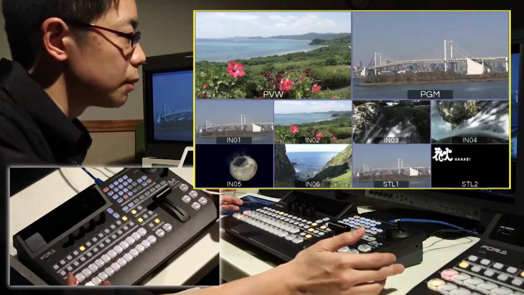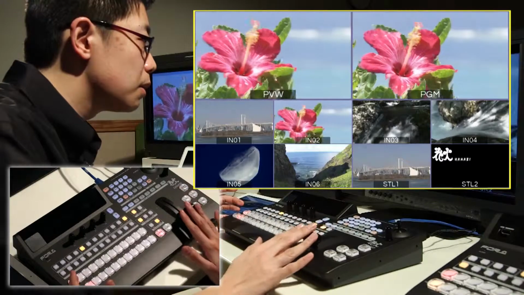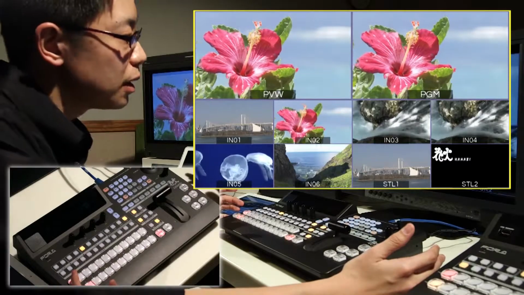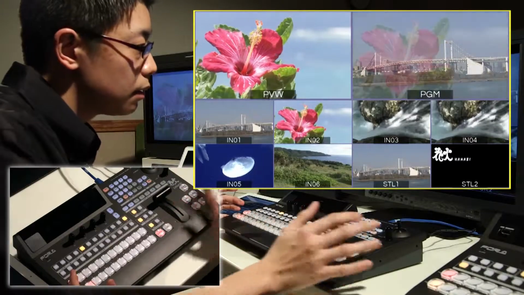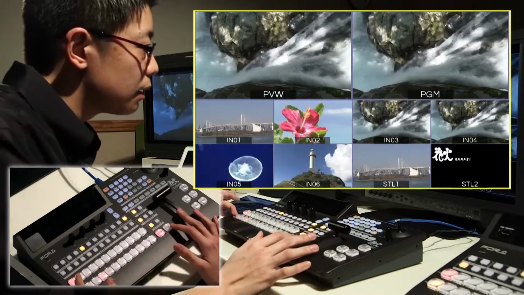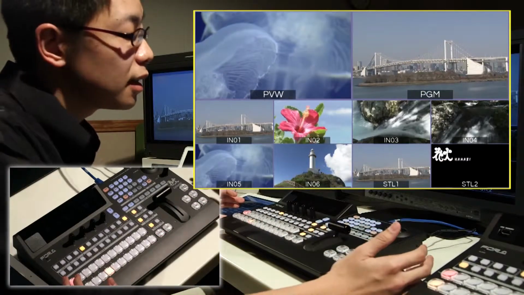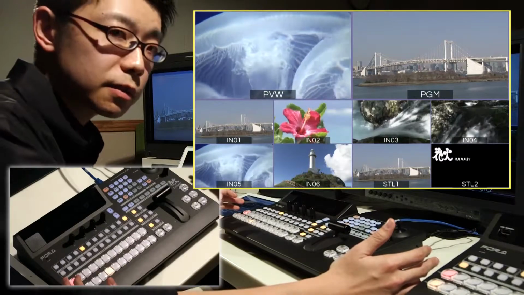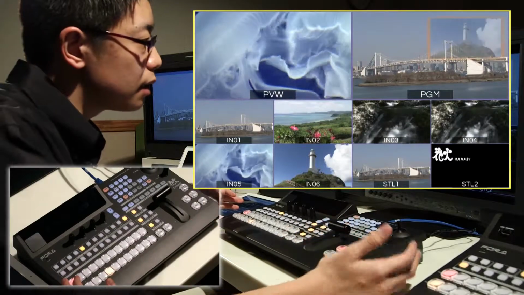There's 130 patterns of wipes and DVE transitions. Any of the transitions can be assigned to either the fader bar or the direct take button. And of course, the transition you're going to use most of all is a cut. You can cut on the bus or with the auto take button. Next,